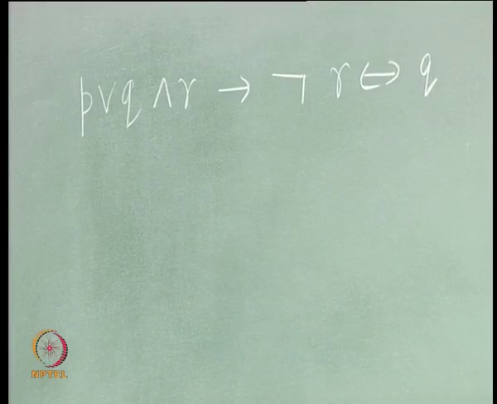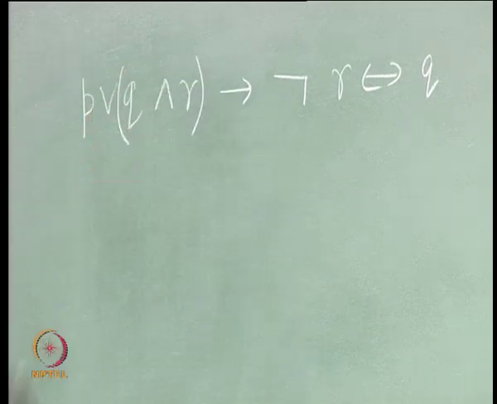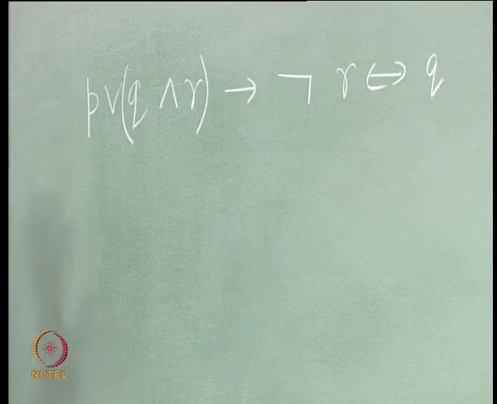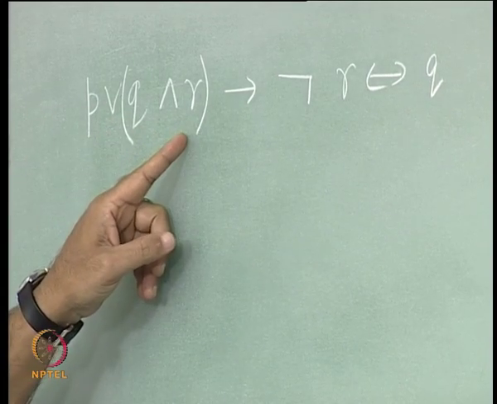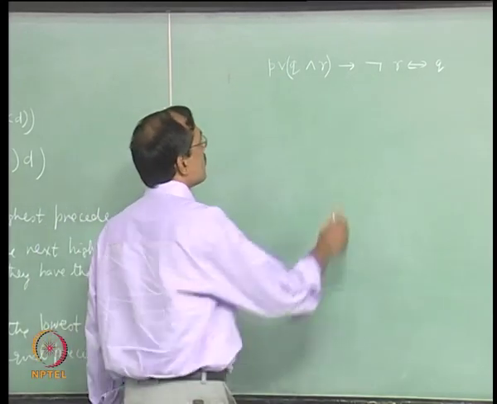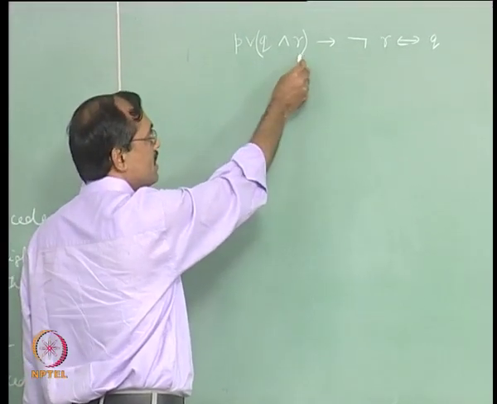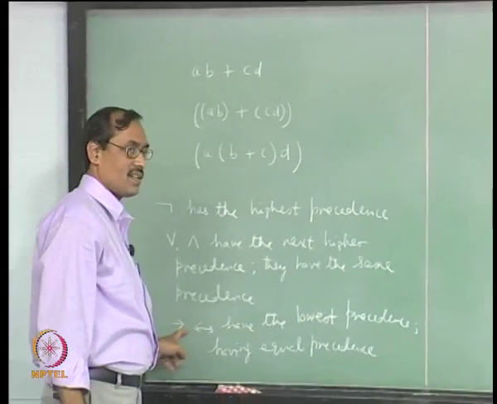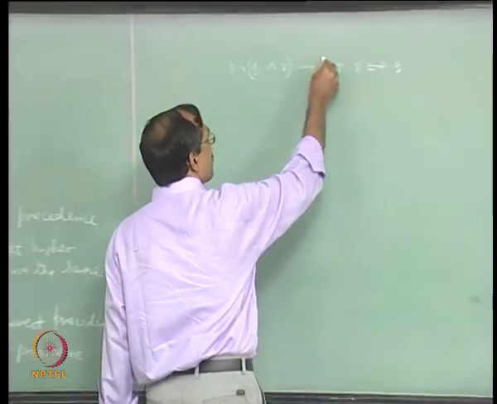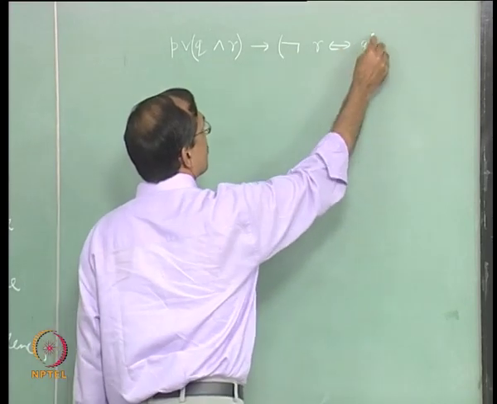Now, it is not really readable, right. We need some parentheses. One parenthesis we will keep here, that will say that even if they have equal precedence, we know how it has been formed. First Q and R have been formed, next P has been added and OR-ed together, right. You can have another parenthesis here, but we do not need it because implication has the least precedence. Rather we need a parenthesis here. Well, we can have it this way,